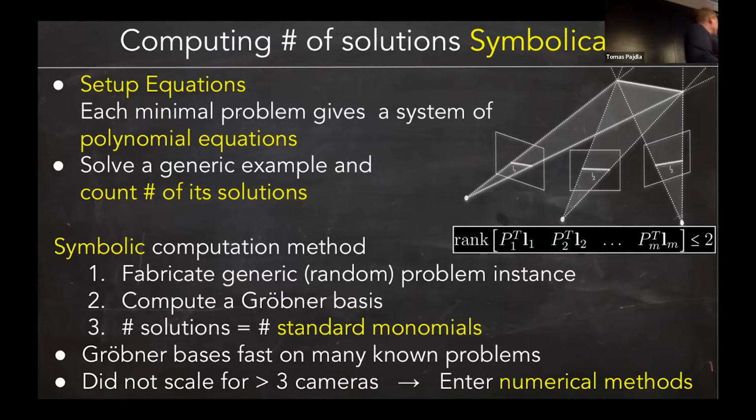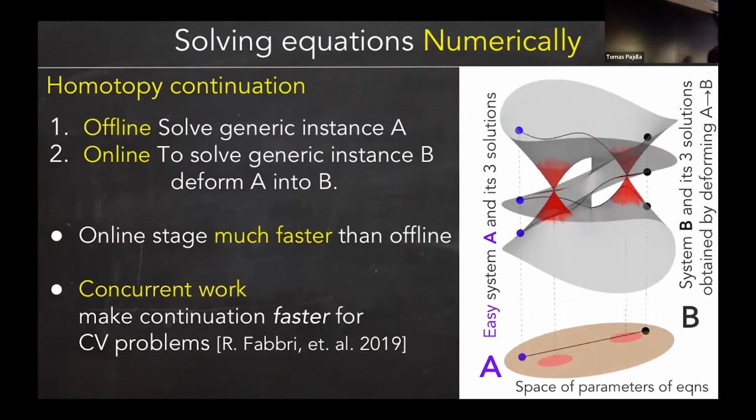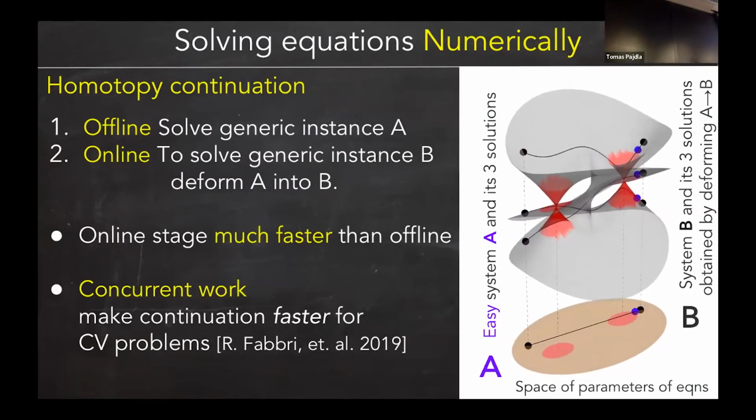So for 3 cameras, this can be done. You compute this Gröbner basis, you solve it, you find how many solutions you have. There is some trick here which I don't want to talk about. Simply you count something and it gives you the number of solutions. But for more than 3 cameras, this doesn't fly. Too complicated. For more than 3 cameras, we use a different technique, which is a numerical algebraic geometry technique, which is